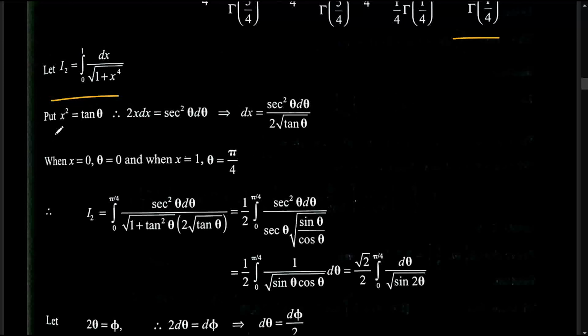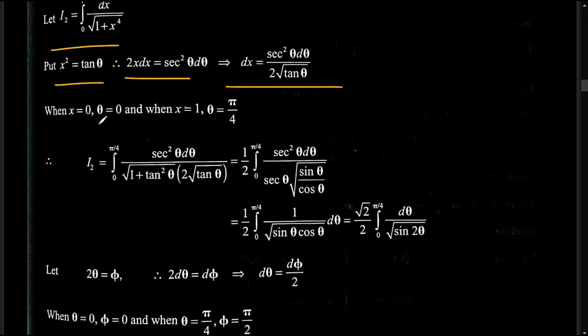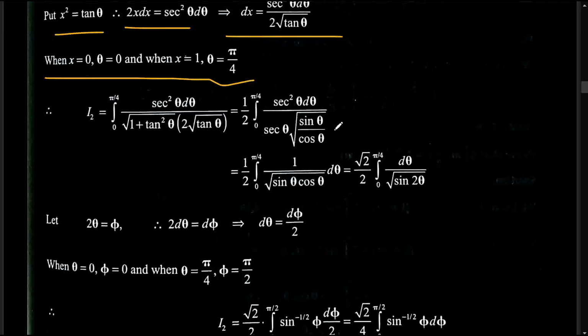So just x square is equal to tan theta. If we put that, x to the power 4 is nothing but x square to the whole square, so it comes like tan square. So 1 plus tan square theta is equal to secant square theta, and root of secant square theta is equal to secant theta. So that's the idea behind it. They are just differentiating this substitution and getting the dx variable, and then we are just changing the limits. After substituting, and after many simplifications and integration, we get this.